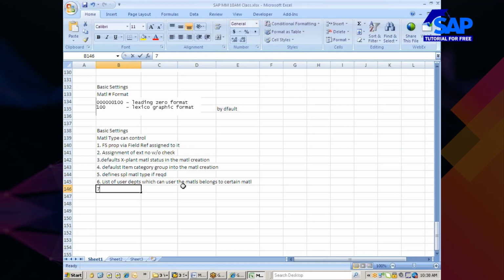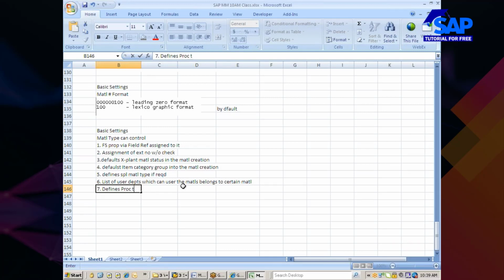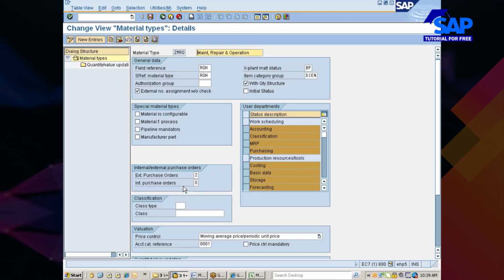Okay, then there is something called procurement type. It defines the procurement type, external or internal. You see here, maintenance, repairs and operations.